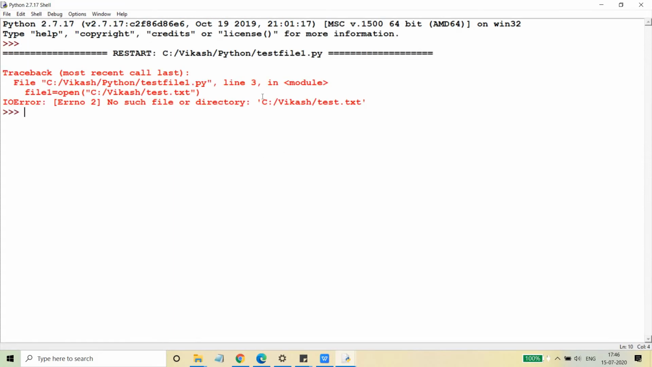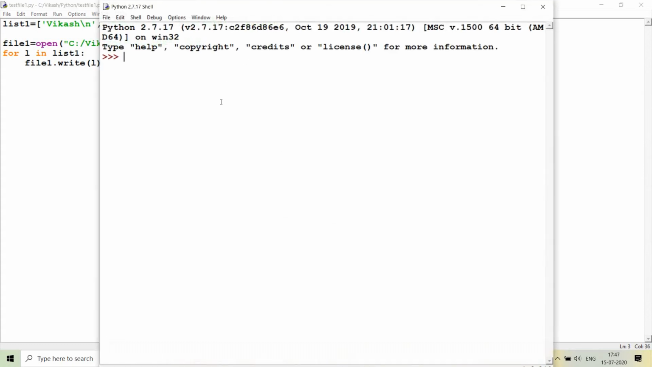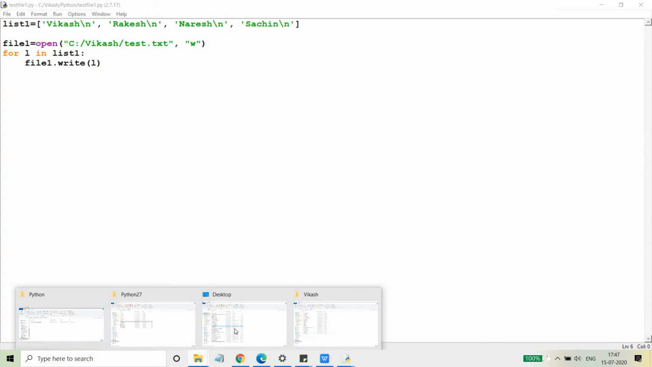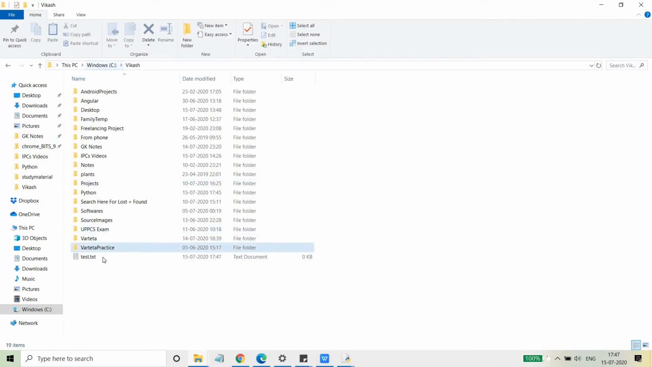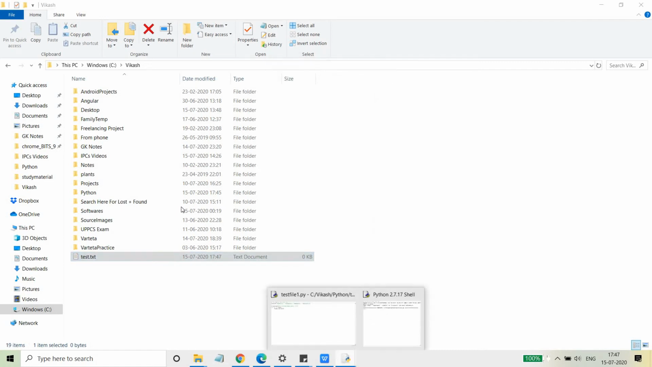If I run it, it is showing me something wrong. Okay, why is it showing me wrong? Because I have not provided the mode. We are opening it in the write mode, so I have just provided it, and now we need to run it. Okay, so it is executed successfully, and let's see if my file has been created or not. So this is the location C Vikas, and this is the test1.txt. But you can see that there is no content here. Why? The reason is that we have not provided